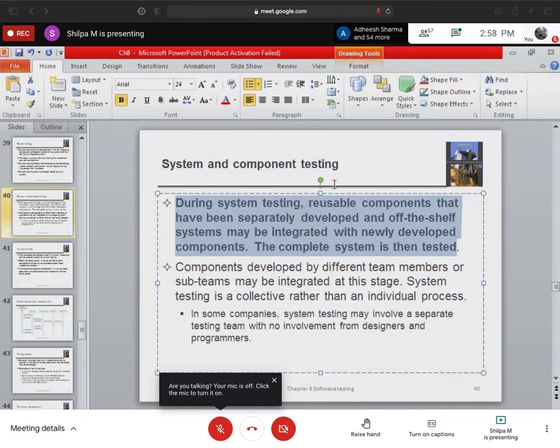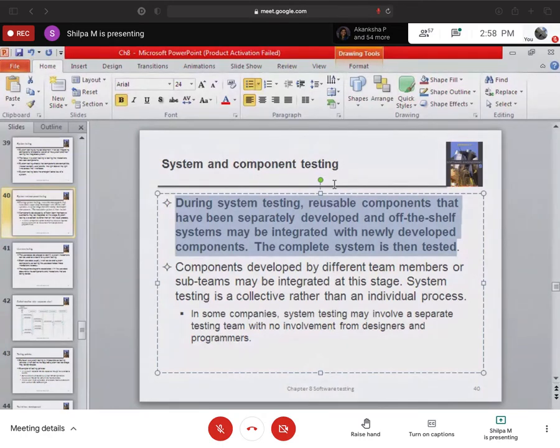See, you borrow, let's say for dressing up only, girls or boys, suppose you are going for a function or something, you borrow a dress from someone, you borrow shoes from someone. Simply, will you wear it? Won't you check whether the dress and the shoe match properly? Yeah, so that is how this system testing will be like.